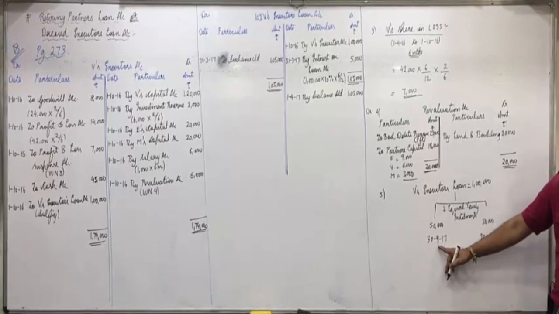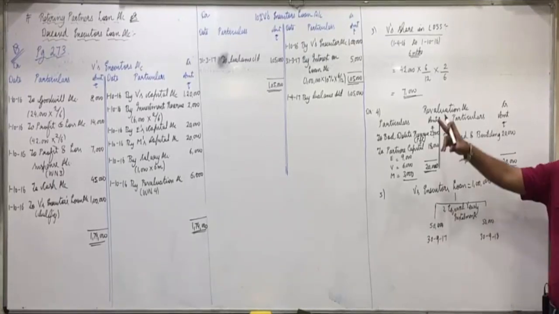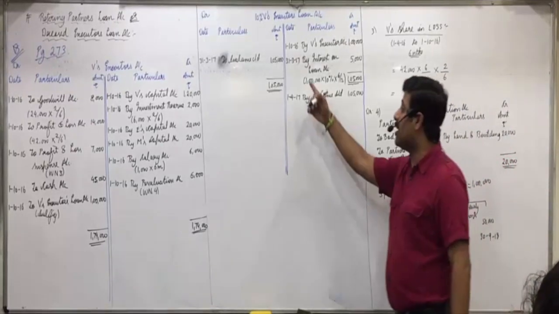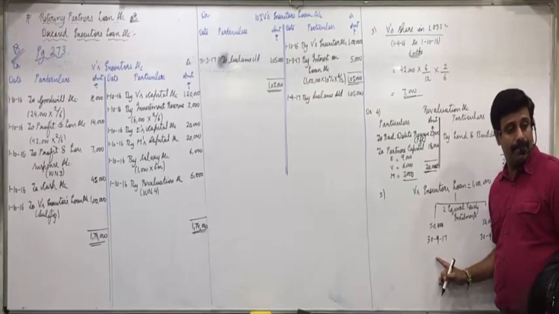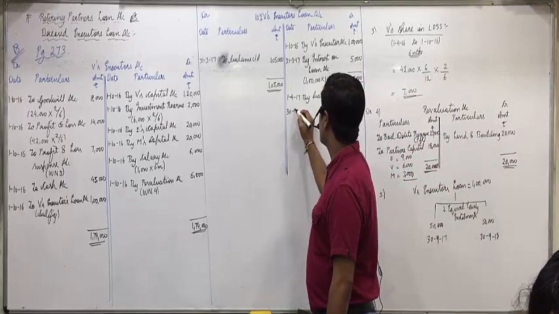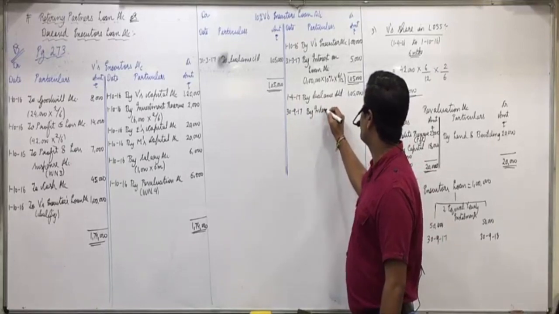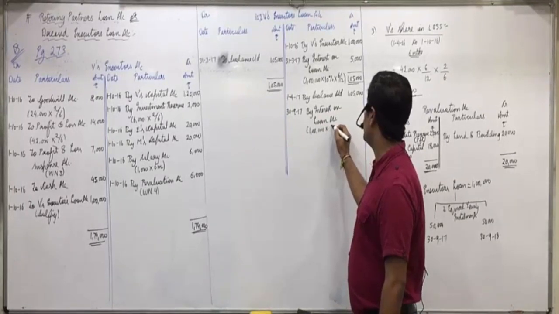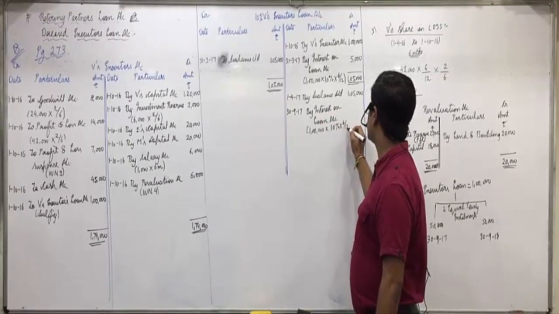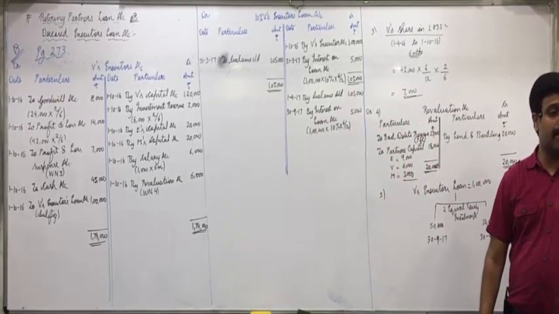Now, 30/9/17 we are going to pay in installment. When you repay the installment, you always pay it with interest. So 6 more months interest we have to calculate, because so far we have calculated interest only up till 31st March. But we have to pay him interest up till 30th September. So on 30th September, before you pay the installment, again you will count interest of 6 months. By interest on loan, 1 lakh into 10% into 6 by 12, 5,000. Is everyone clear with this?